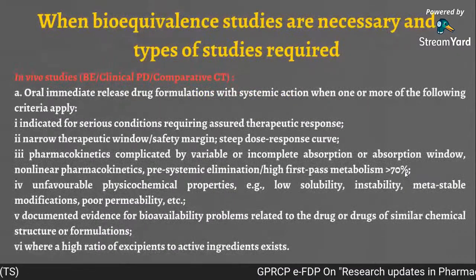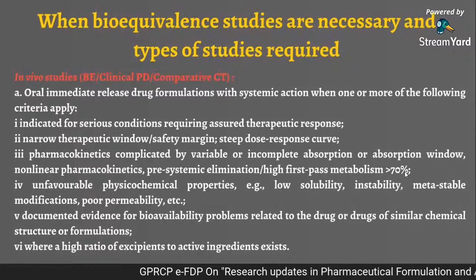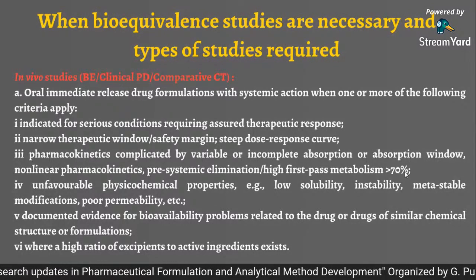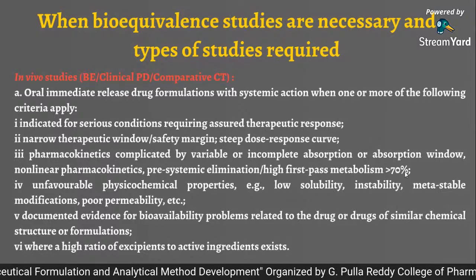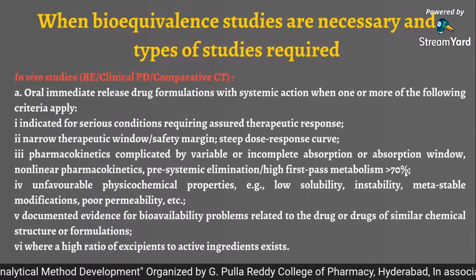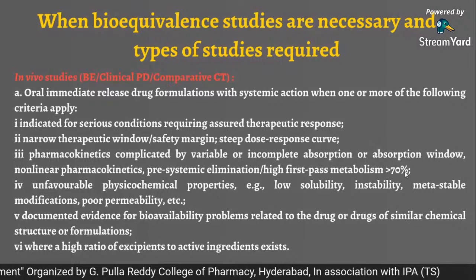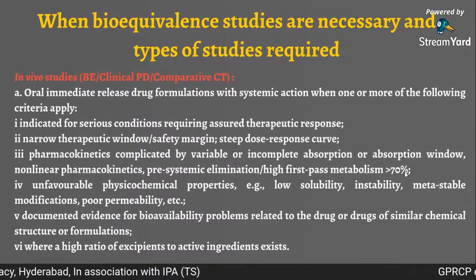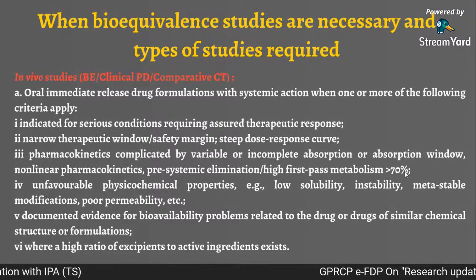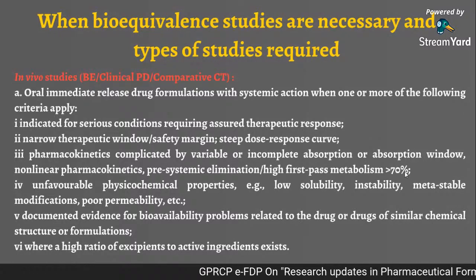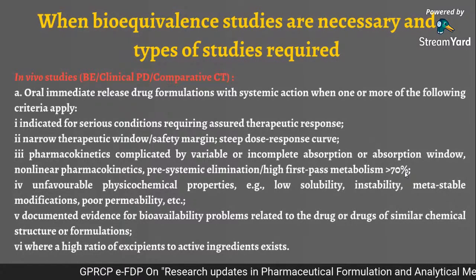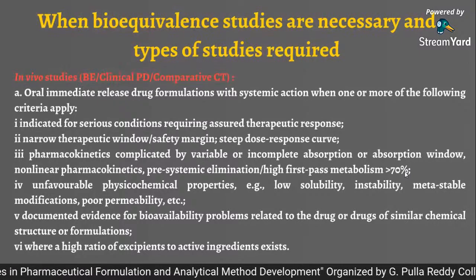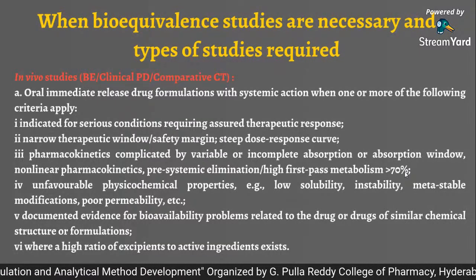So this slide will give you an idea of when bioequivalence studies are necessary and what types of studies are required. You know, all dosage forms and all generic formulations may not require bioequivalence testing. There are certain exemptions, and there are certain cases where the bioequivalence study is mandatory. You may do IVIVC modelling or anything, but definitely in vivo bioequivalence testing is required. But for a few dosage forms, even without IVIVC, bioequivalence testing is not required. Those things I am covering in the next two slides.